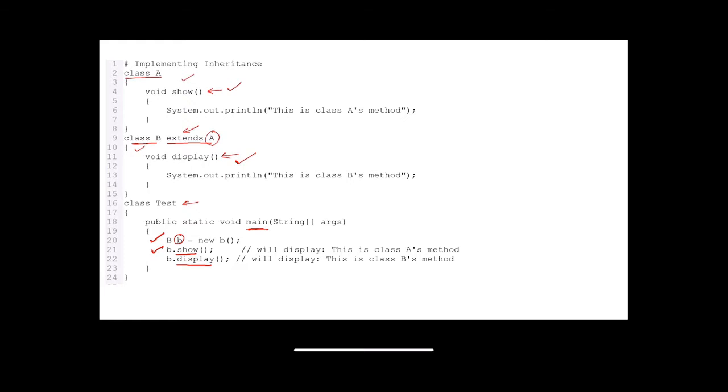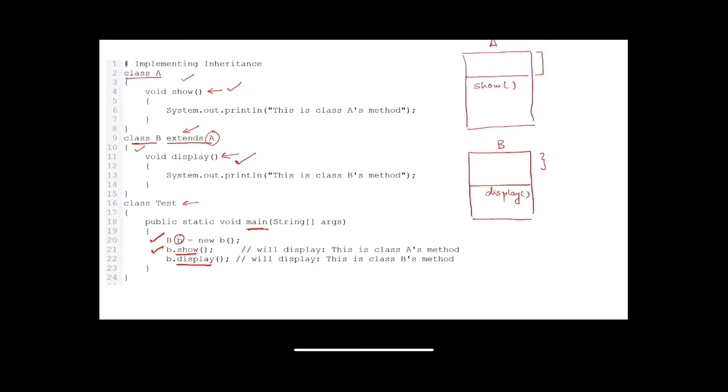Let us again see through a diagram. Suppose I have a class A which has no variables and has a default access modifier method show, and a class B which has no variables in it and has a method display with a default access modifier.